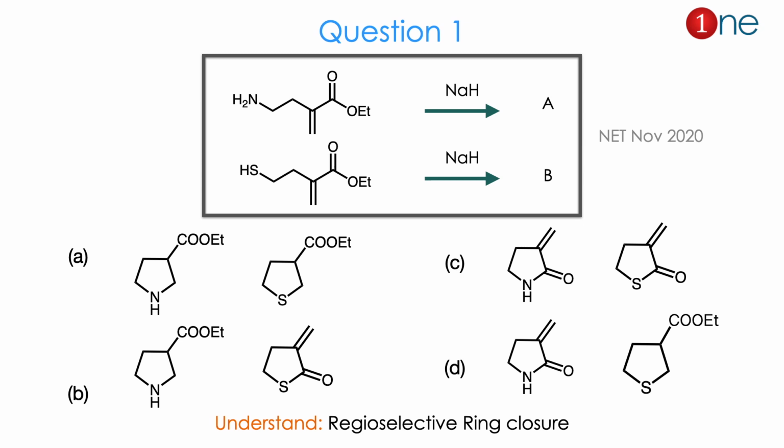Here they have given 4 choices with ring closure. So how is the ring closed, and what happened to the ester there? Whether OEt is removed and you have a conjugated ketone, or just a simple ring closure. So from the reactant to product, you might guess the reaction is all about regioselective ring closure. The answer is D. Let us see how.